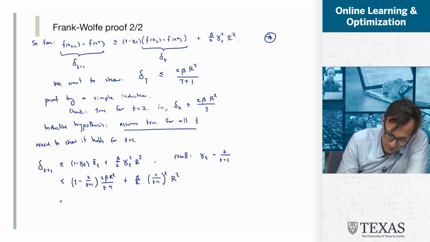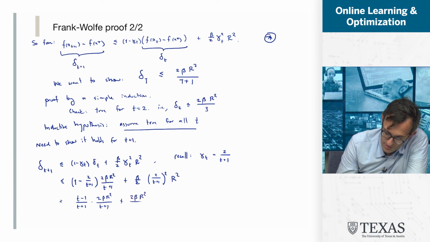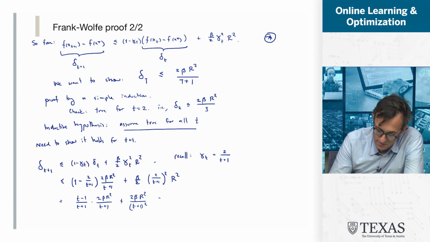This is equal to (t minus 1)/(t plus 1) times 2 beta r squared over (t plus 1). This is equal to beta over 2 times 4 over (t plus 1) squared, or in other words, 2 beta r squared over (t plus 1) squared. Collecting terms, this is equal to